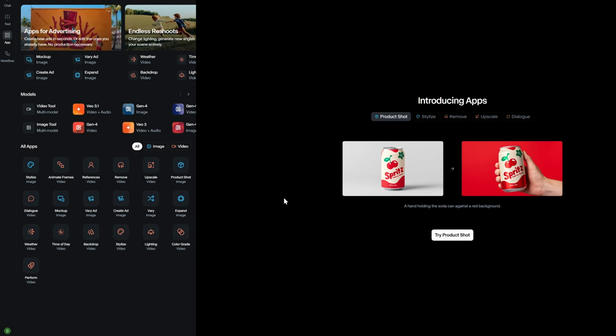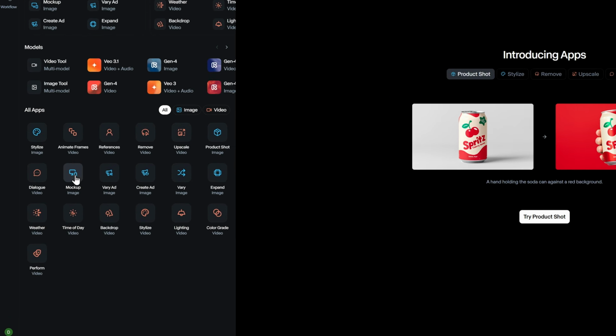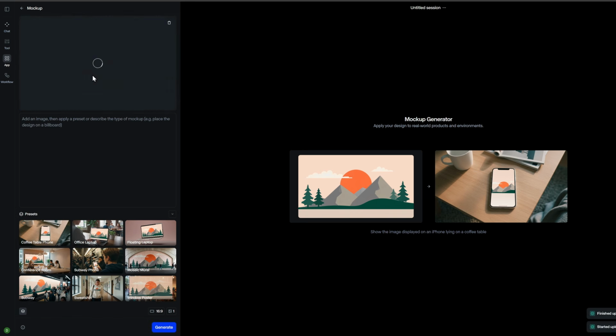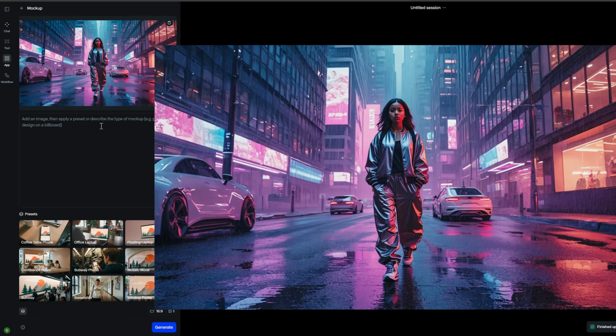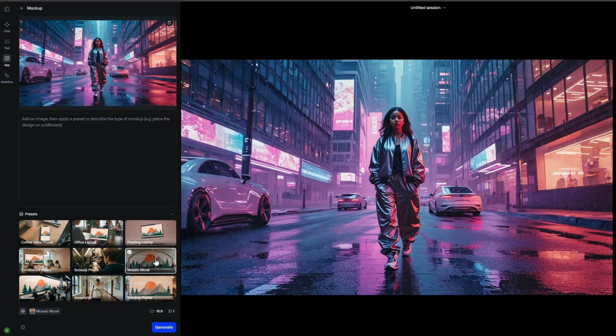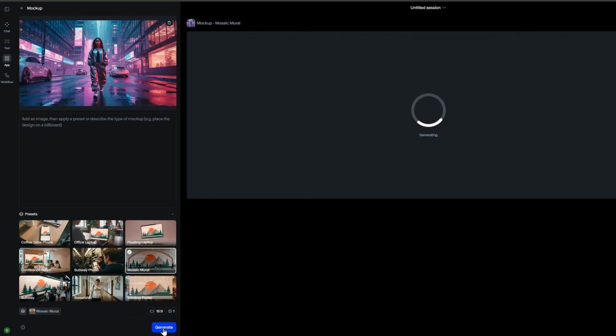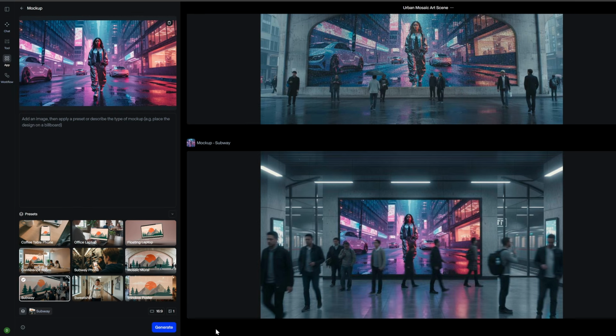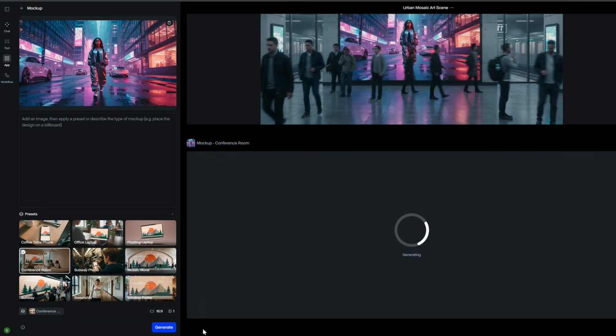Next is the Mockup tool, and this one is specifically useful for product designers, marketers, and anyone who needs to showcase designs in realistic contexts. The concept is straightforward. You upload your product image or design, and the app places it on various screens, surfaces, or real-world environments. Think phone screens, computer monitors, billboards, product packaging, storefronts, basically any surface where you'd want to visualize